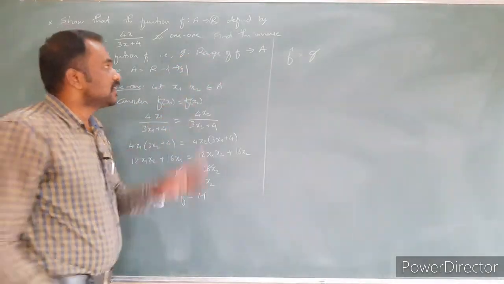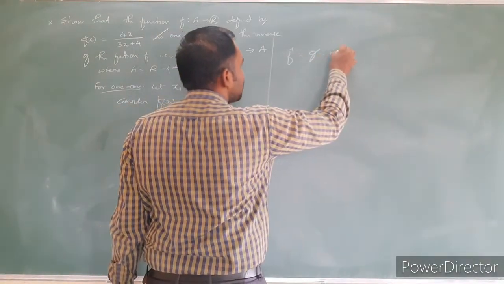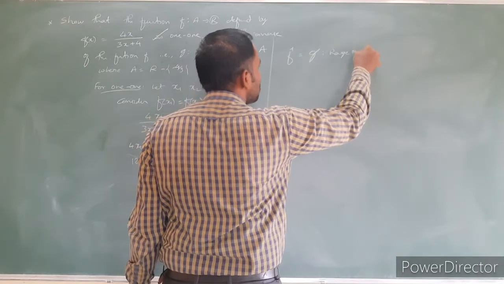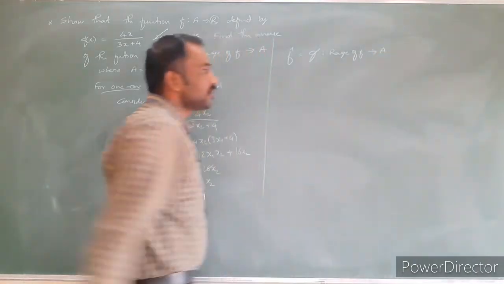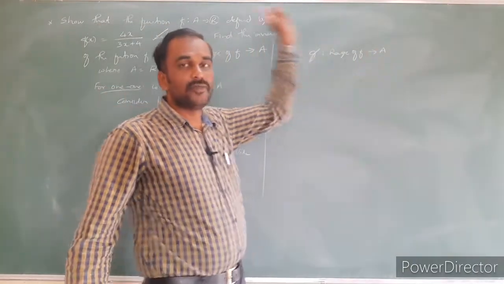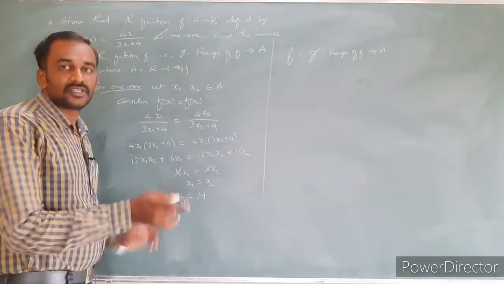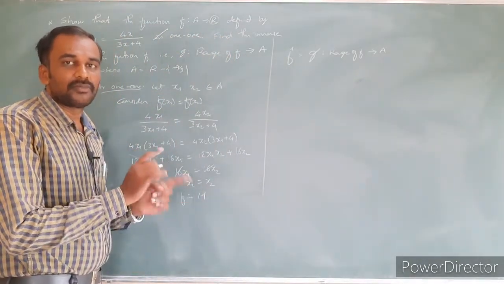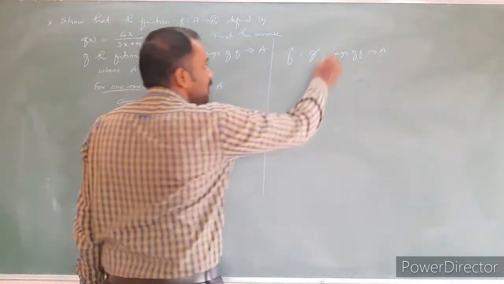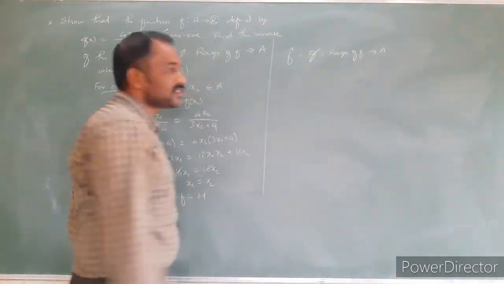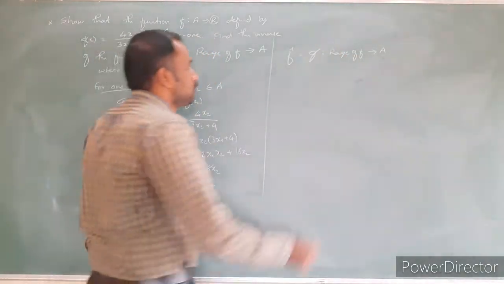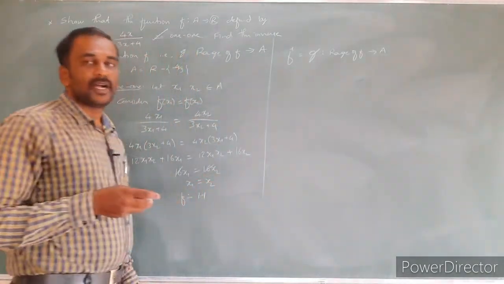How is g defined? g is a function from the range of the function f into the codomain set of g, which is the domain set of the function f. While finding the inverse, domain and codomain will be interchanged. Here they have directly given a range. Range means obviously it is onto, no doubt at all. Now how to find the inverse?